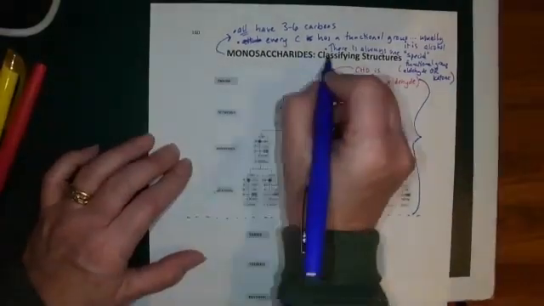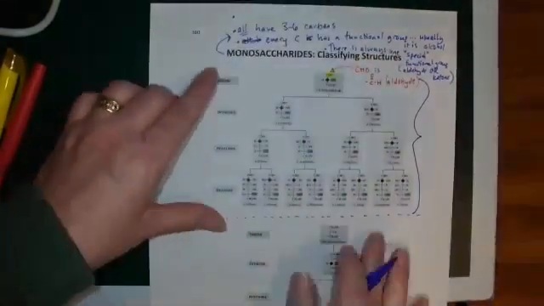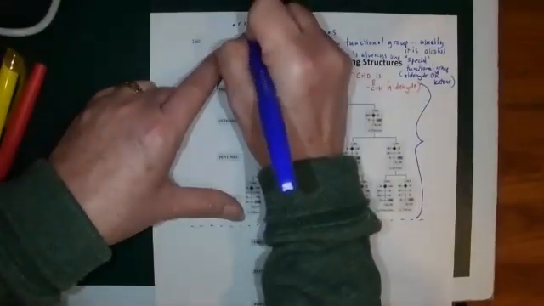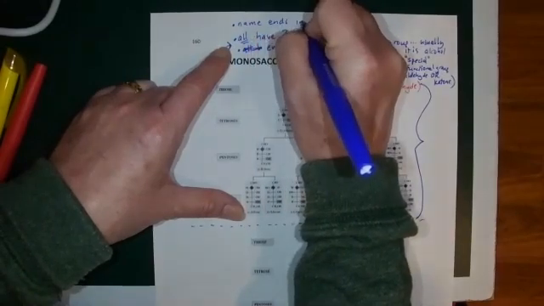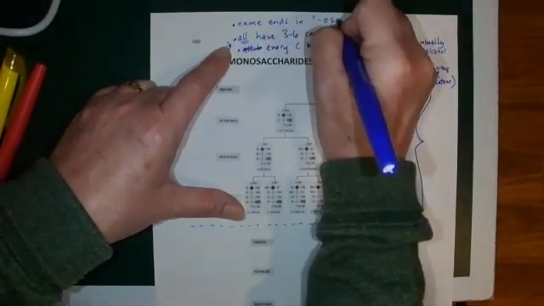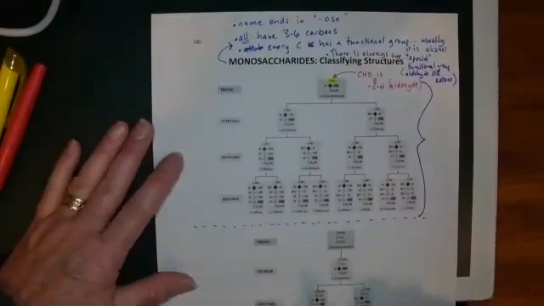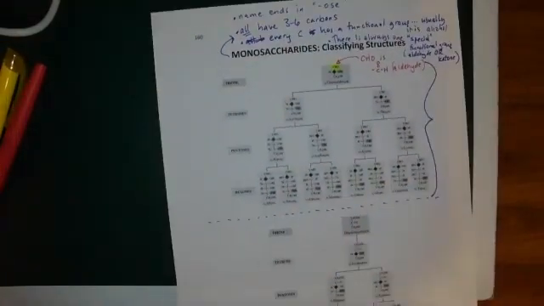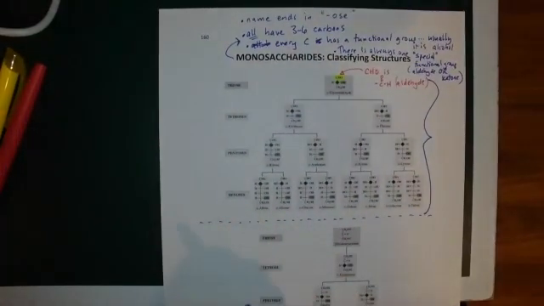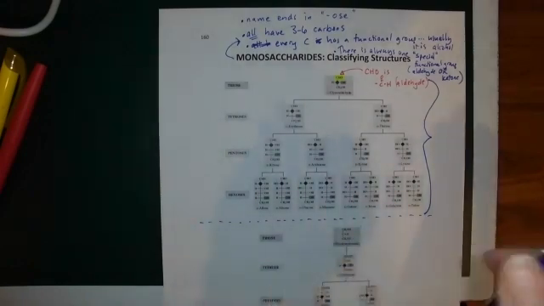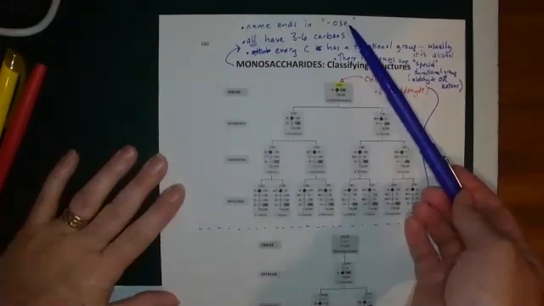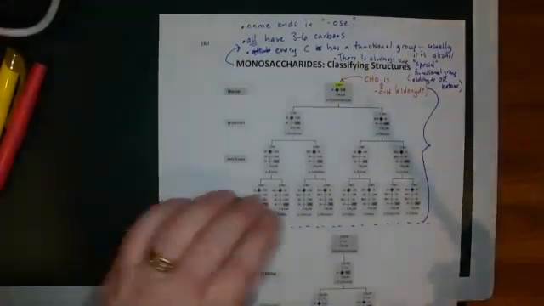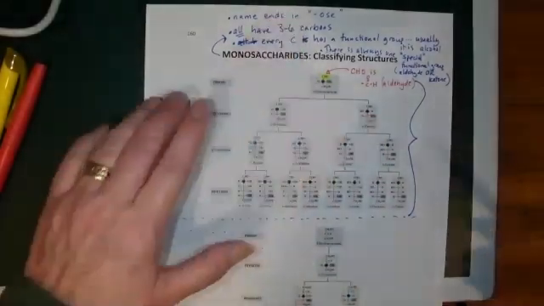The last little bullet that I'll put here to identify monosaccharides is this: the names end in ose. So they do not follow an IUPAC naming pattern. Everything you've learned with aldehyde, ketone, and so on, the IUPAC system does not apply, but you'll be able to notice that their names end in ose. So these here are monosaccharides. They will end in ose.